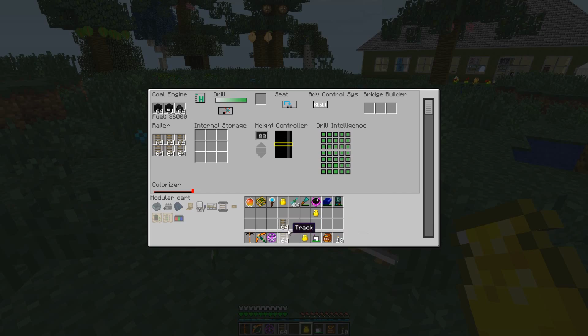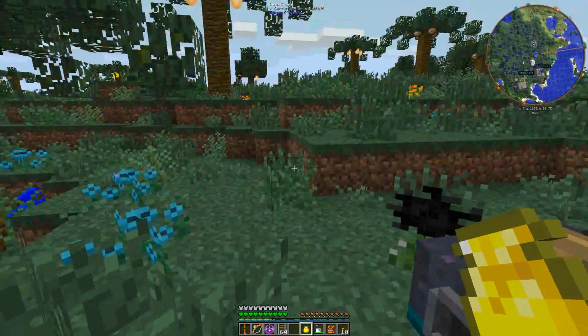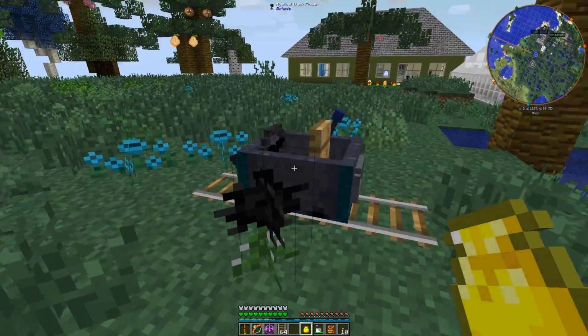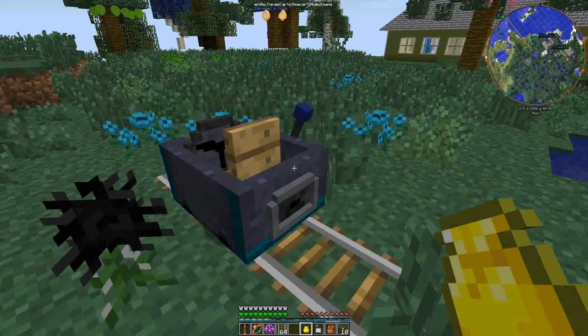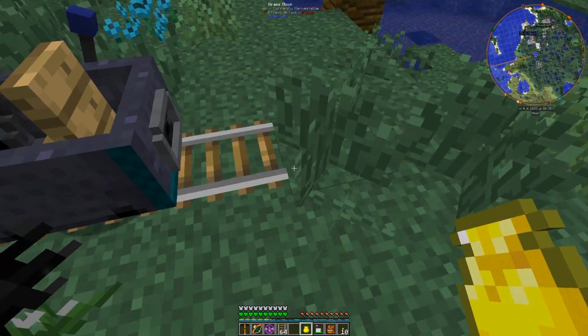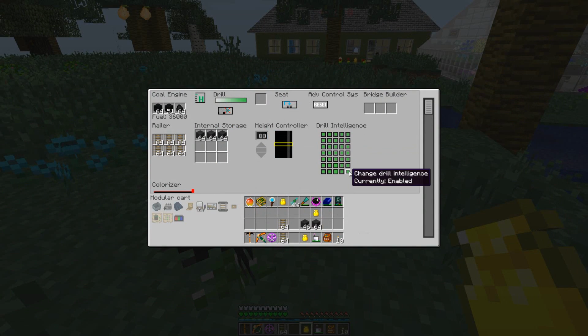So we're going to keep some tracks in our hotbar so that if we want it to turn, all we'll have to do is just place a track right there, and then it'll follow the track. It'll follow a track that already exists, but if no track exists, it'll keep going straight. And the steering wheel basically just allows us to turn if there's a junction already in the tracks. Here's the drill intelligence, so we can actually tell it exactly how to... I mean, we're definitely not going to need the bridge to be this big. I mean, the tunnels, but if we do...